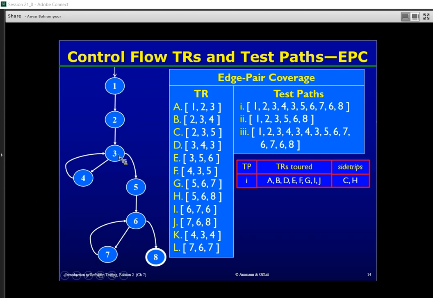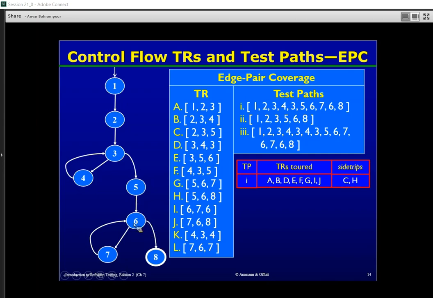The edge pair C is this edge pair 2 to 3 to 5. Skip the loop, and the other edge pair H, H defines this H pair,